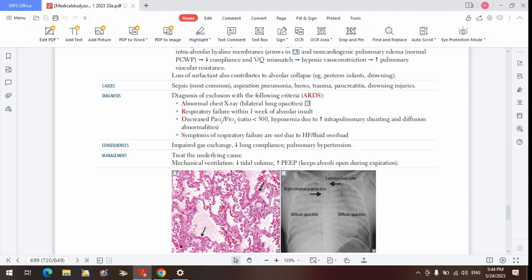So now in this situation, instead of making the one that is outside more negative, which is the intrapleural pressure, we are making the one that is within the alveoli more positive. Do you get it now? So the PEEP is making the alveolar pressure more positive. We are delivering it.